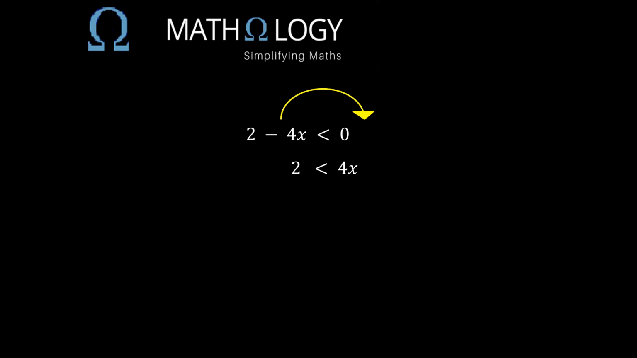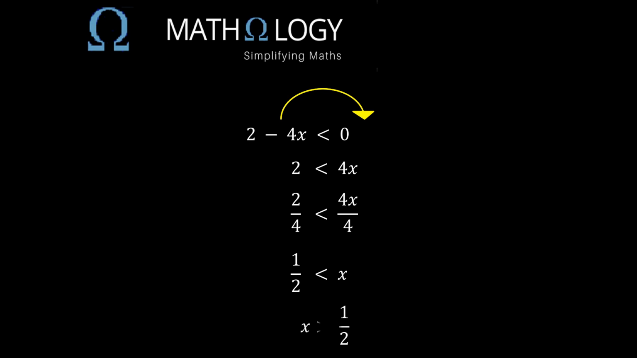Back to the problem. To solve for x, as we do with linear equations, we can now divide both sides by the coefficient of the variable, which is 4. Thus, 2 over 4 is less than 4x over 4, which means that a half is less than x. Since inequalities are generally written with the variable on the left, we rearrange this inequality as x is greater than